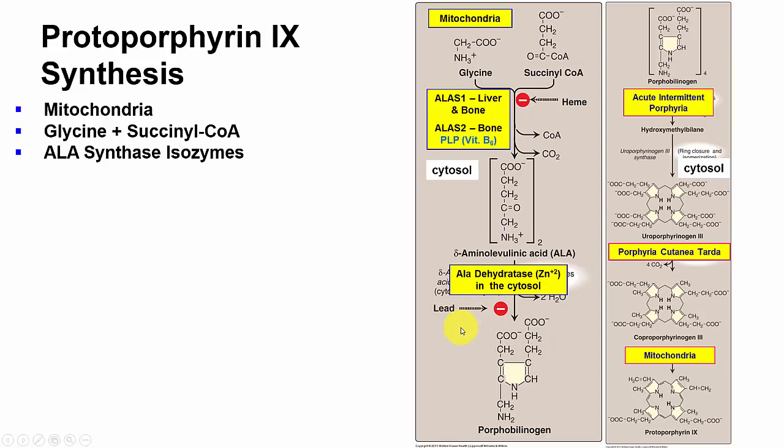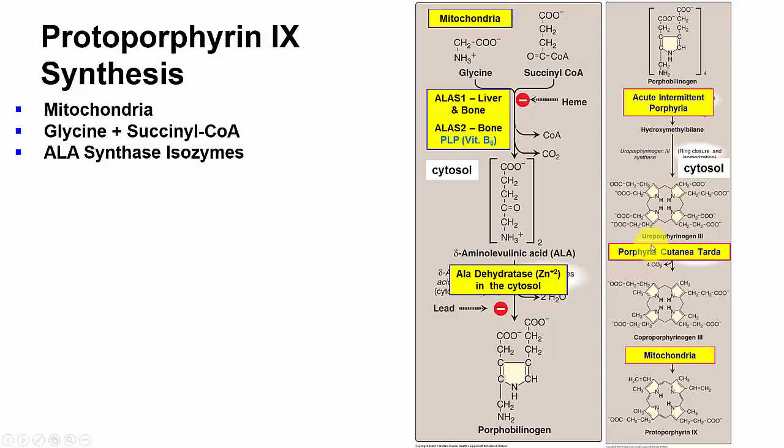We used to have lead in our gasoline. That's been taken out. But if they live in a house with old lead paint, or they live in Flint, Michigan, they might very well have too high lead levels, and they can't make this compound, so they are anemic. Then the next step is porphobilinogen is converted into